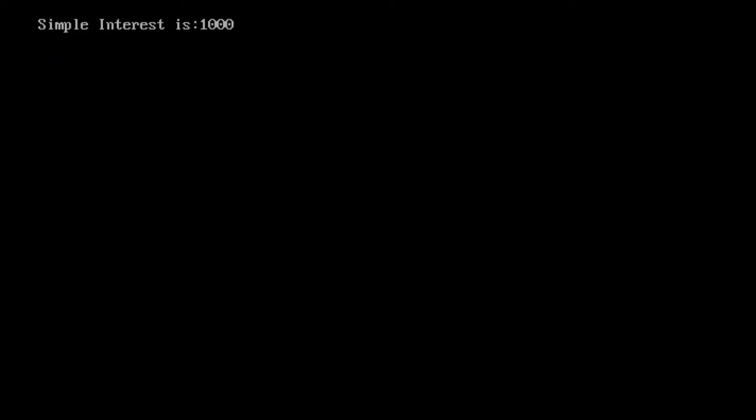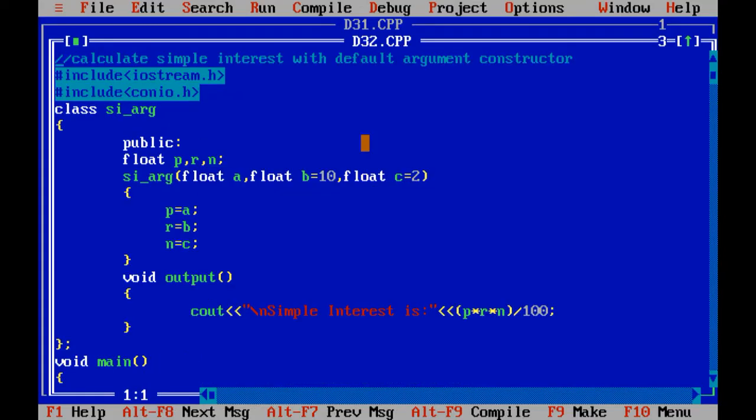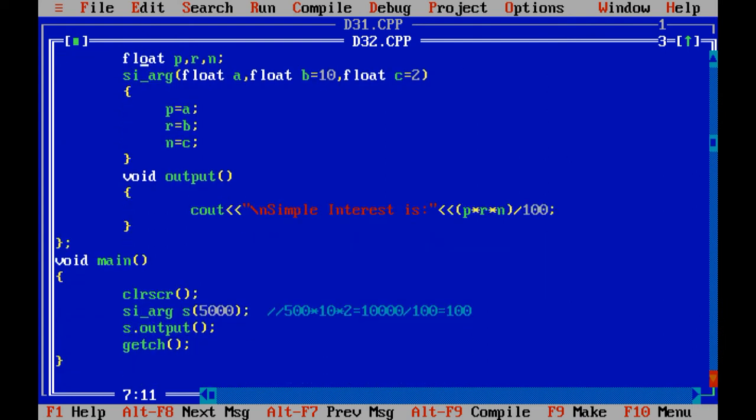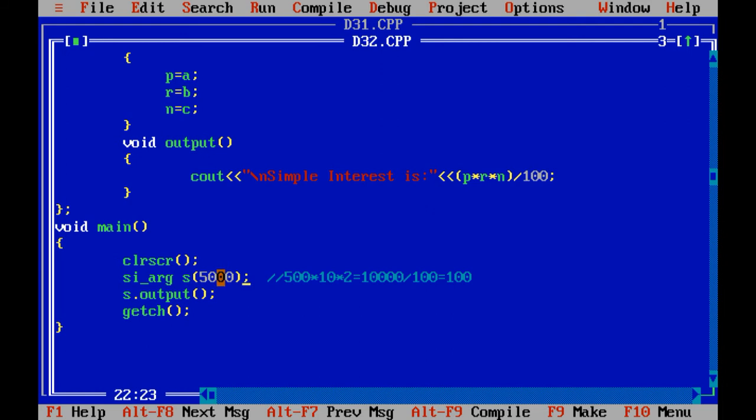See, now the answer comes properly because the range of float data type is more than the size of integer. So this is the correction you can make. Or if you want to take integer data type, in those cases you just need to pass 500 or a value which keeps the calculation less than 32,000.